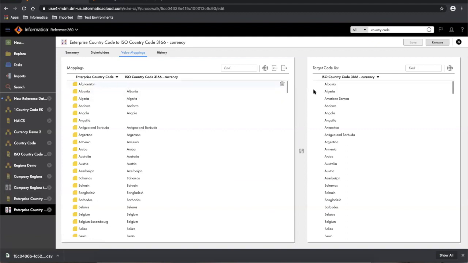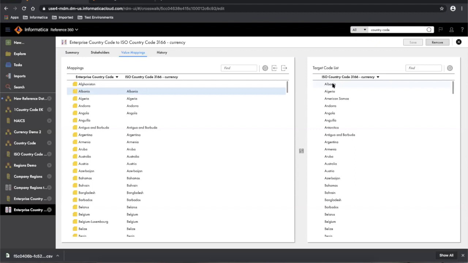And this is why I can see only the names. And for me, as a business user that would like to do the mappings, it is way easier to recognize that Albania is Albania in both lists, and not that ALB is the same as the number 4 in ISO